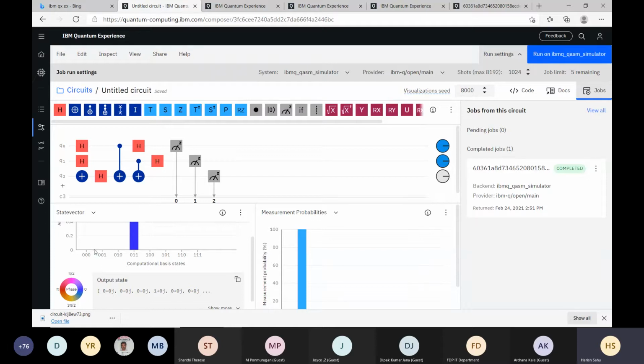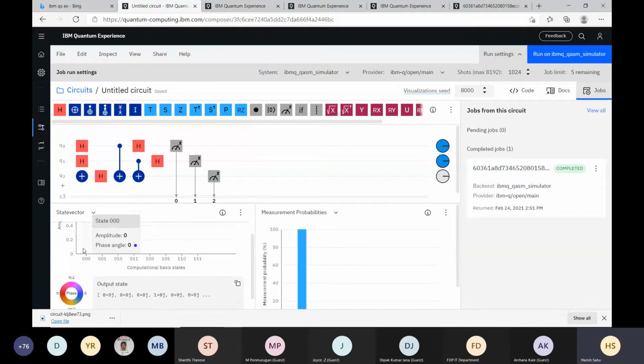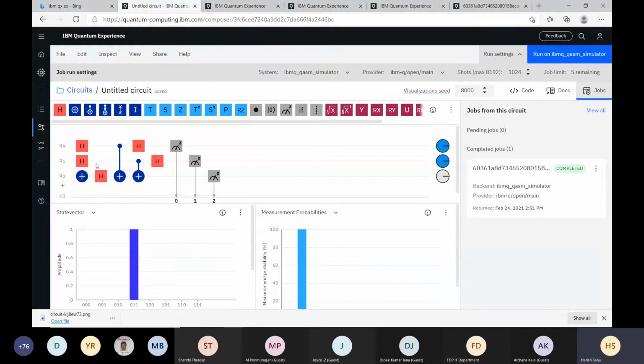If we were getting the 0 state, then it must be a constant function. So if we derive the circuit for a constant function, then we will be able to see that. Let's make a new circuit, and if the function is constant, then what should we get? We should get the all 000 state. Did I answer your question? Yes, sir.